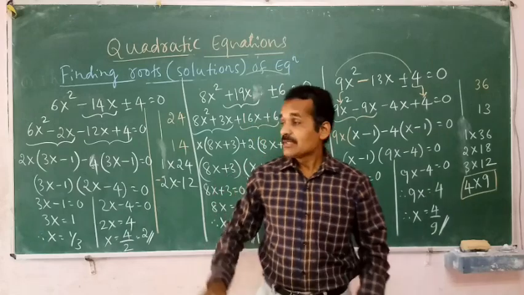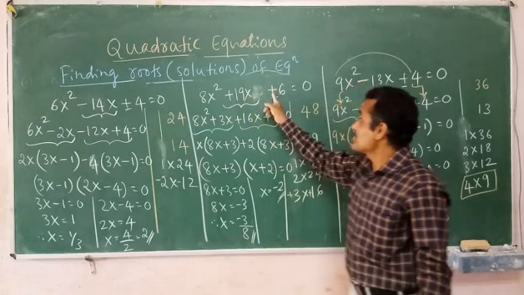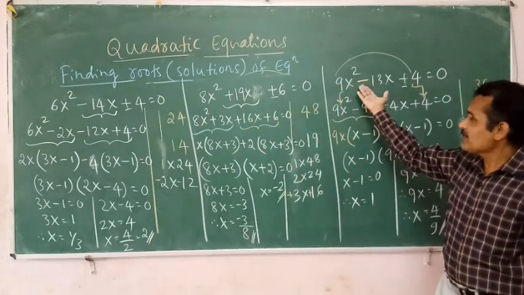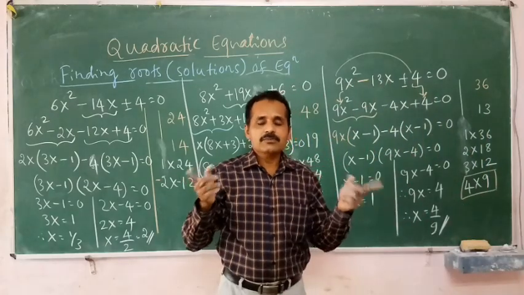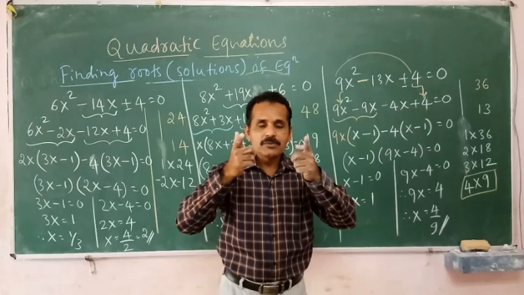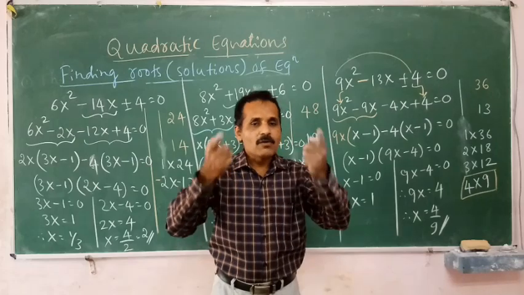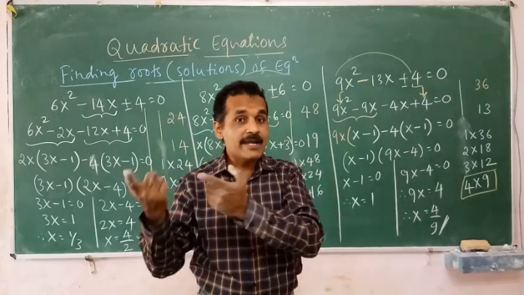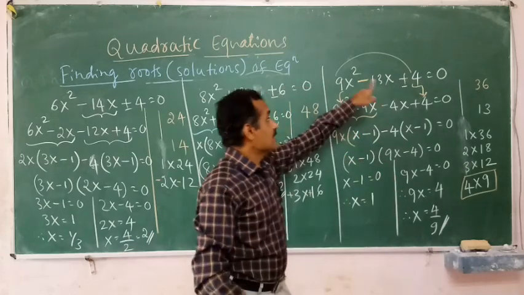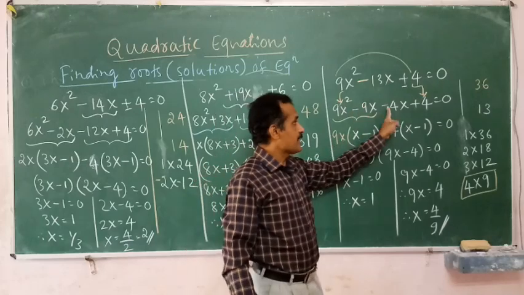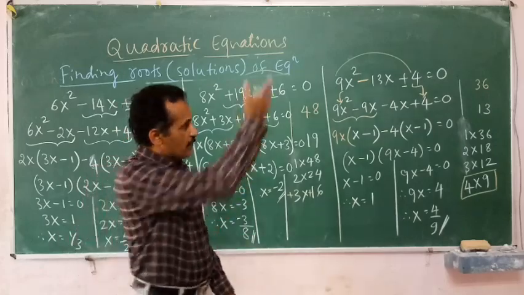My dear children, around 6 to 7 problems we have solved, all with the positive sign at the end. The middle term can be positive, can be negative, but one thing has to be kept in mind. Last sign positive, keep in mind. If last sign is positive, the middle terms are either plus plus or minus minus. Because plus plus has to be added, minus minus has to be added. But out of those two, which has to be taken? That will be decided by this sign. This is negative, both are minus minus. If this is plus, both are plus plus. We will learn more. Okay, first you know all these things.